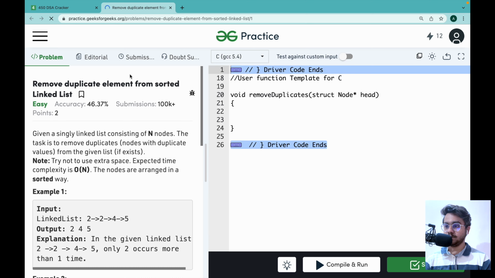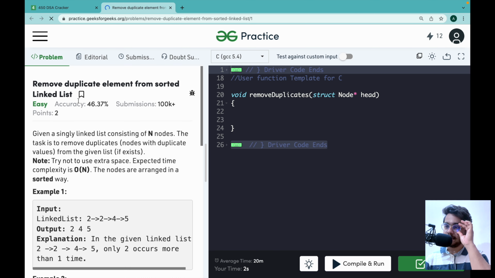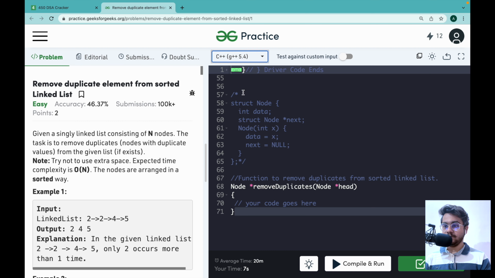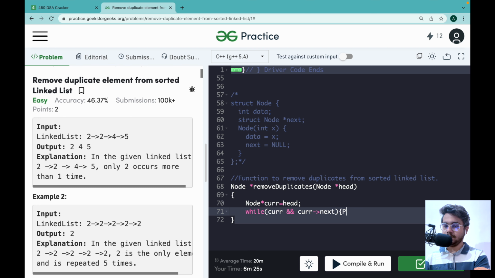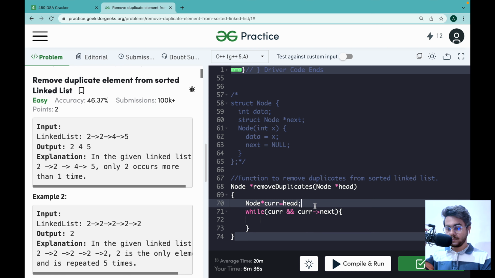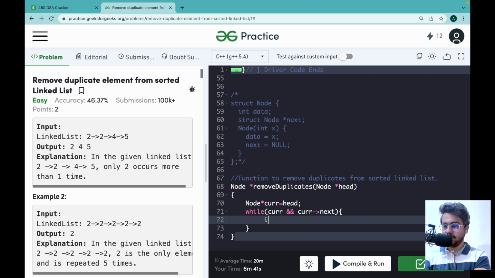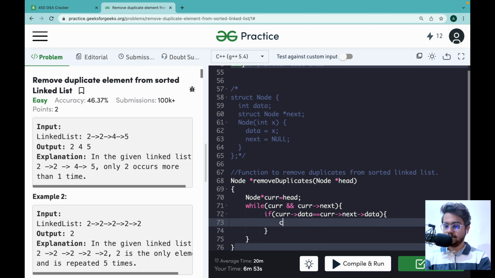So now we are going to do the next question. In this question, we want to remove duplicate elements from the sorted linked list. So we are given a sorted linked list. What we want to do is remove the duplicate elements. In those cases, if current data is equal to current next data, in that case we're simply going to